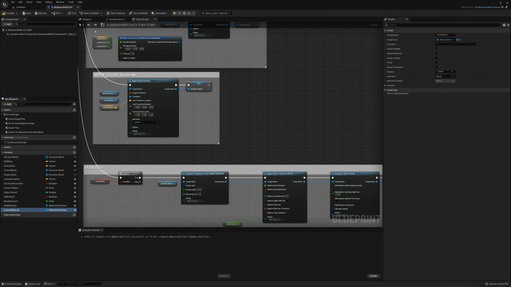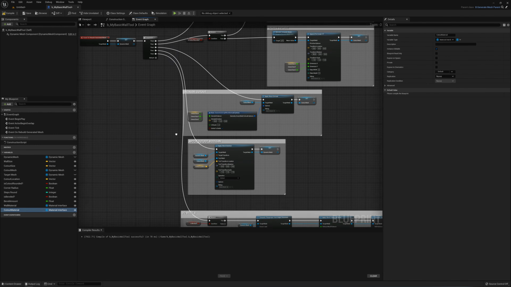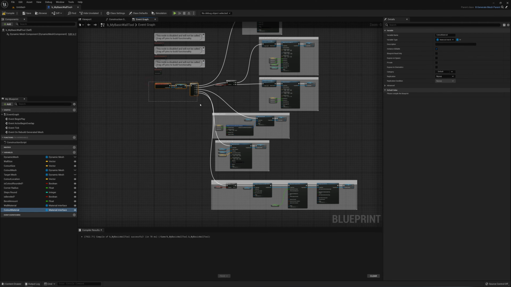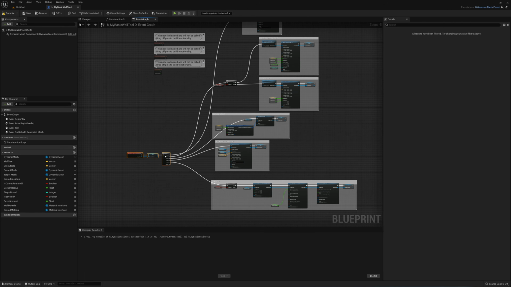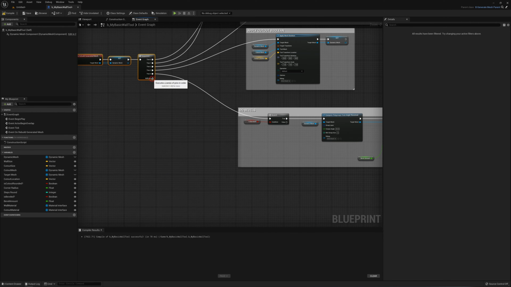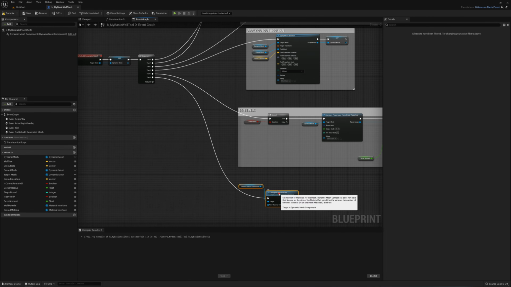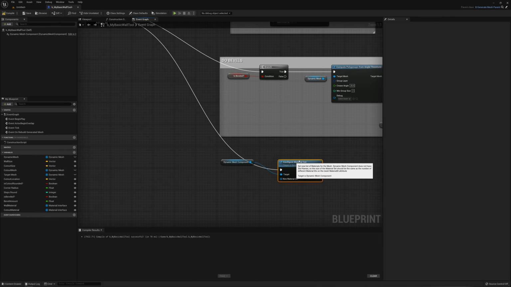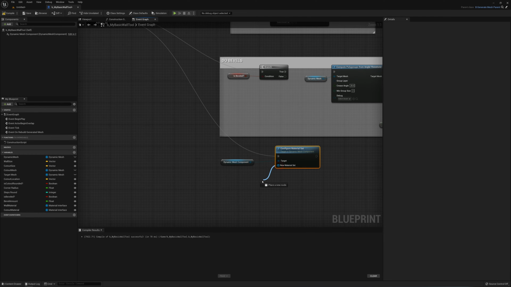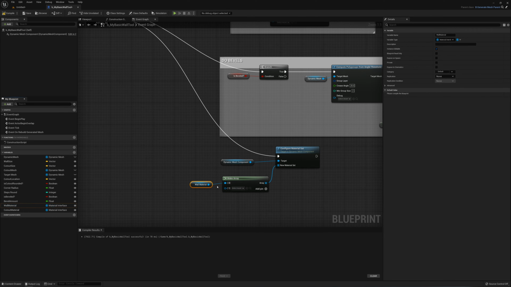Okay, and so what I want to do here is I'll add another pin to my sequence. I'm just going to drag all this down here, and I want to say configure material set. All right, so what I need to do here is drag back from new material set and make an array, and we'll add a second pin to that array, and I'll drag up the wall material to 0 and the